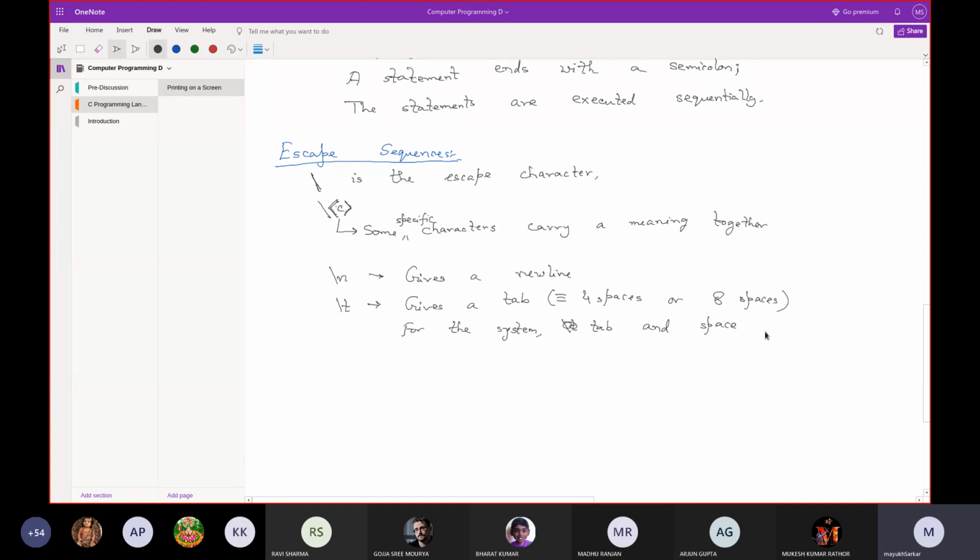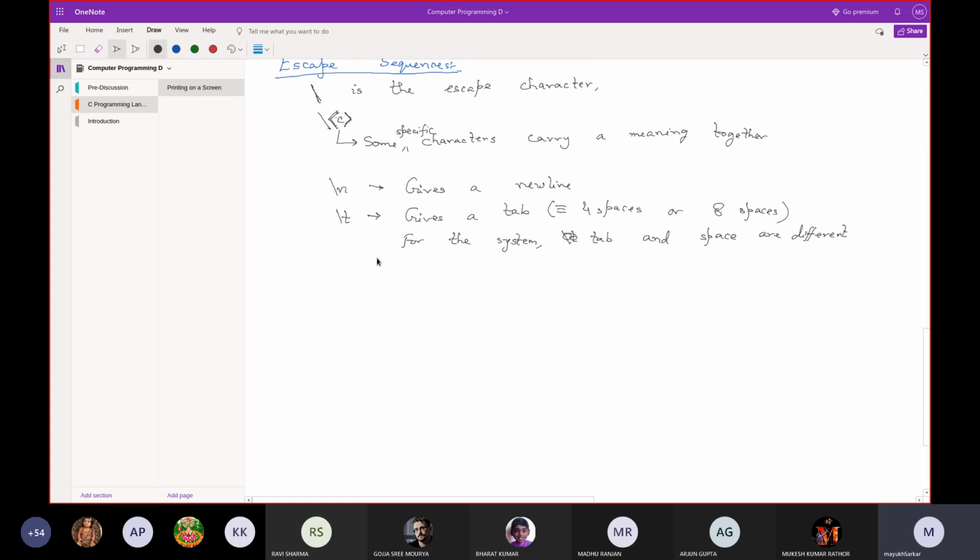Though tab is equivalent to 4 spaces, tab and space are different. Later on, when I show you how to obtain the length of the characters, length of the strings and so on, there you'll see that /t itself is being taken as a single character, the tab character. The tab which is above the caps lock gives a different signal than the space key on the keyboard. Okay, these two are completely different.